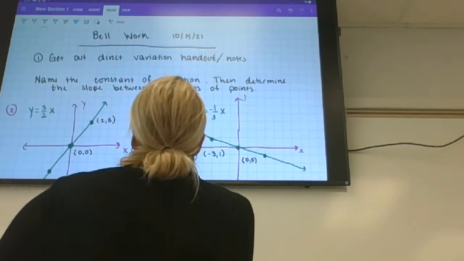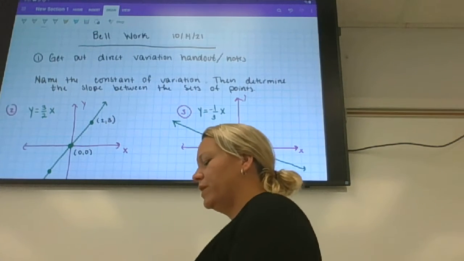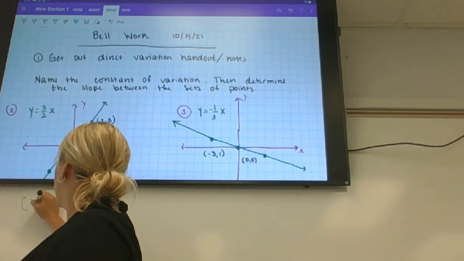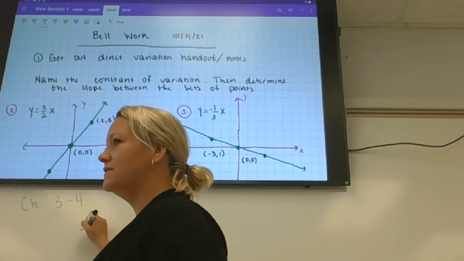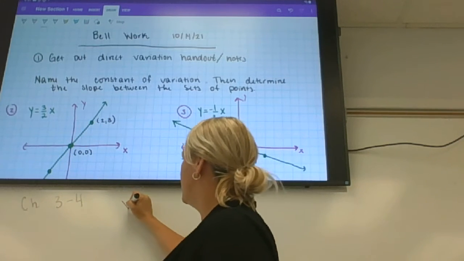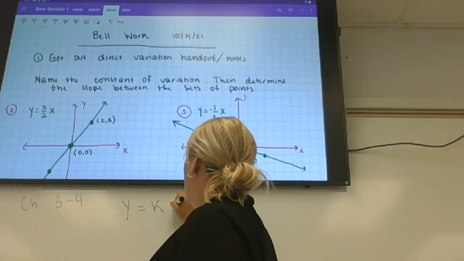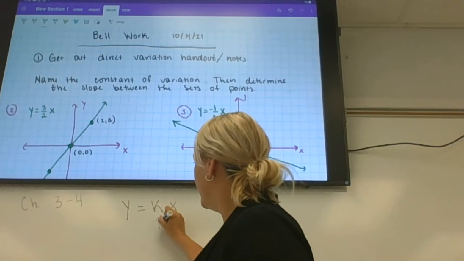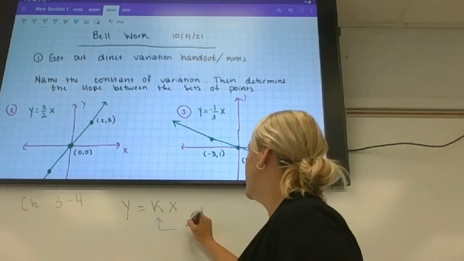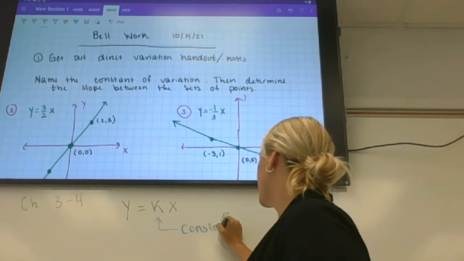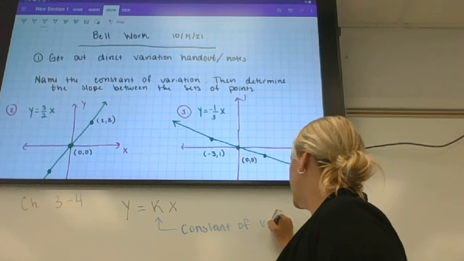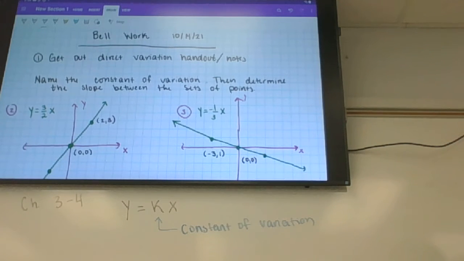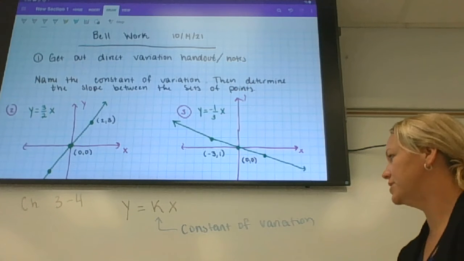Alright. So, direct variation, what you read about in chapter 3-4, is an equation that looks like this: y equals k times x. And the value in front of the x is called a constant of variation. And it's a little confusing when you learn this for the first time in Algebra 1, because constant of variation is the same